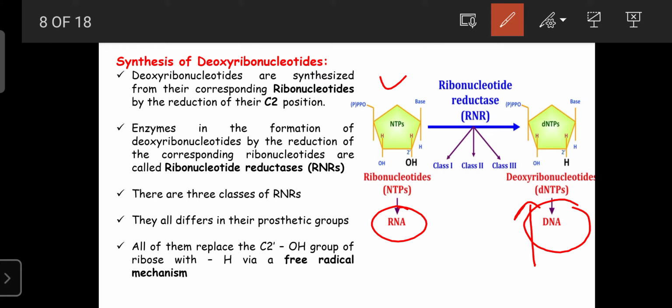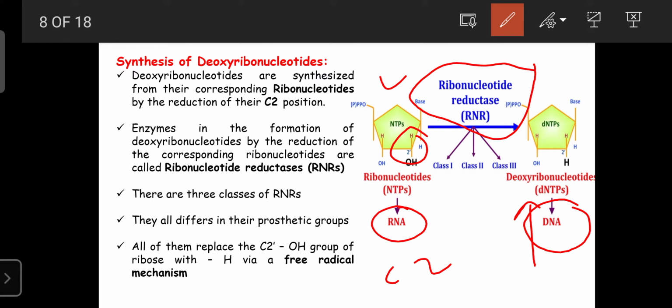So this reaction is catalyzed by one enzyme. That enzyme is known as ribonucleotide reductase, that is the RNR. This enzyme causes reduction at the carbon atom 2 position in the ribonucleotides. It can cause the reduction at position C2, where it is attached with the OH group. Then it can be converted into a